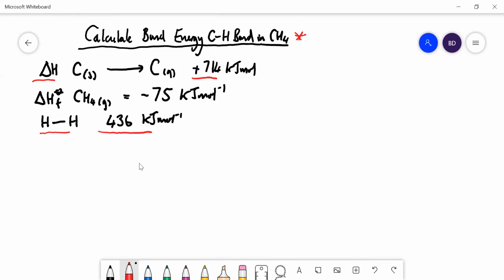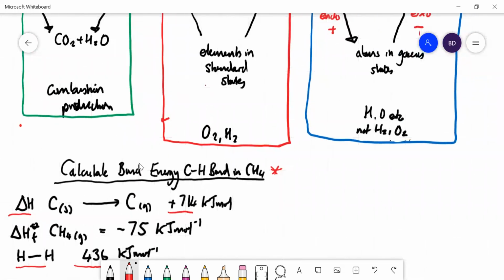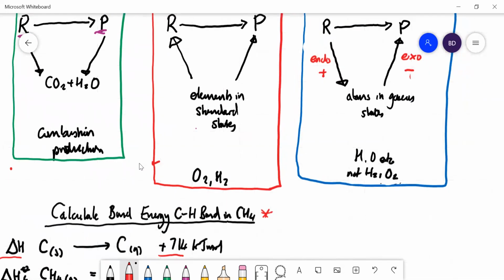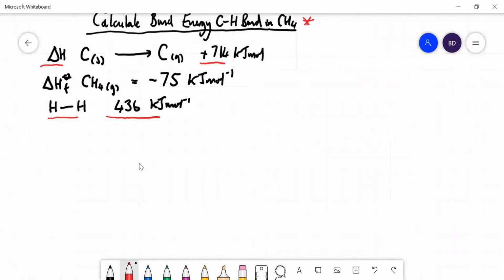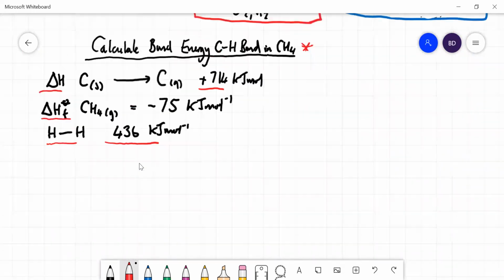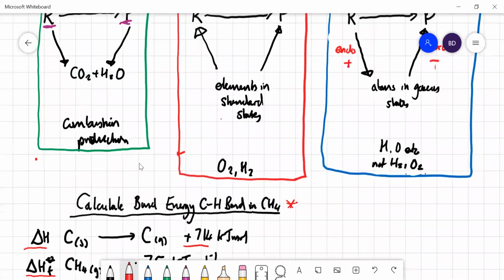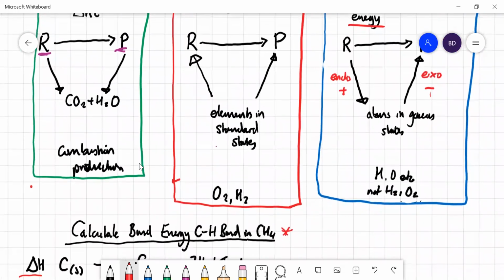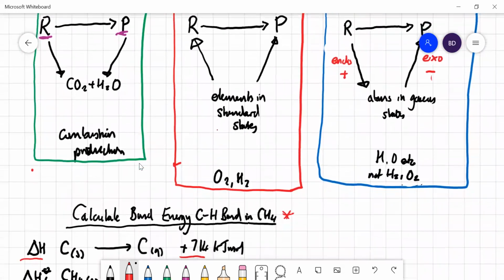And then you're thinking, oh, what kind of cycle is it going to be? It's going to be this blue one here with the bond energies. But then they confuse you because look, they're giving you a delta HF value for methane. So then you start thinking, well, should I use the red one there? Okay. Now I think what you've got to do is